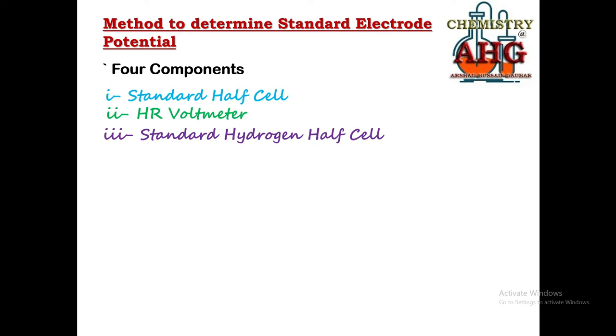Second thing, what is the only purpose of this reference electrode? It is used to complete the external electrical circuit by connecting itself with the second terminal of the voltmeter, because one terminal of the voltmeter is connected to the standard half cell. Now the fourth component is used to complete the electrical circuit internally. What is the fourth component of this method? The fourth component is the salt bridge. Now what is the description of each of these 4 components? We are going to discuss them in this lecture and in the subsequent lecture.